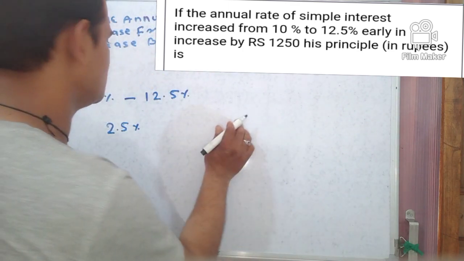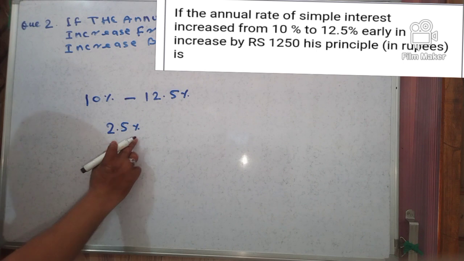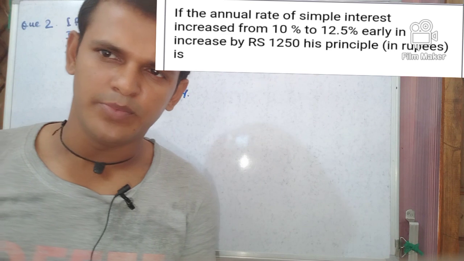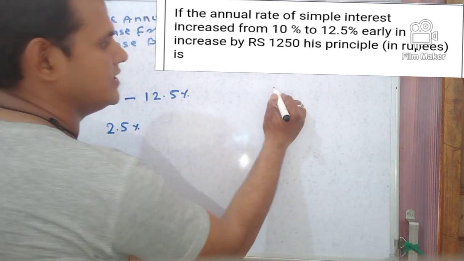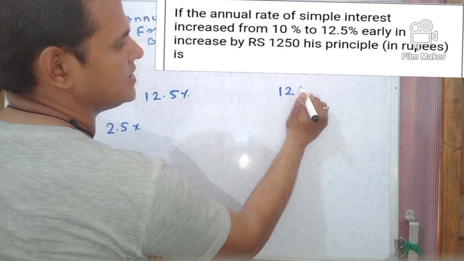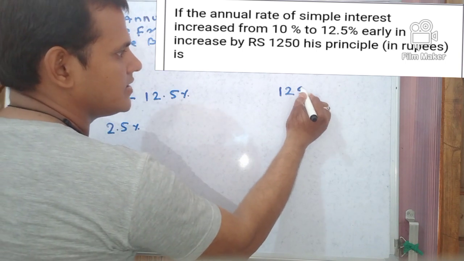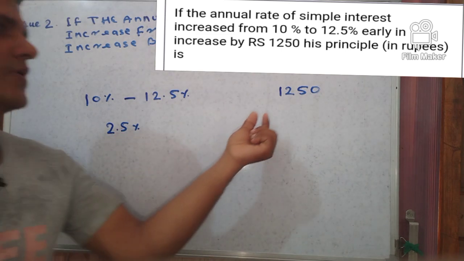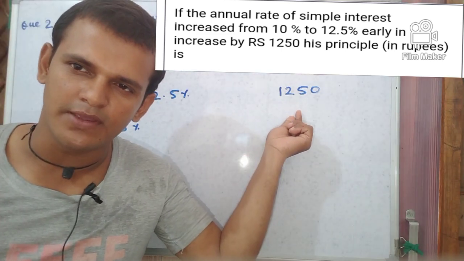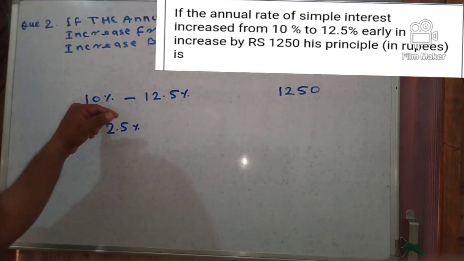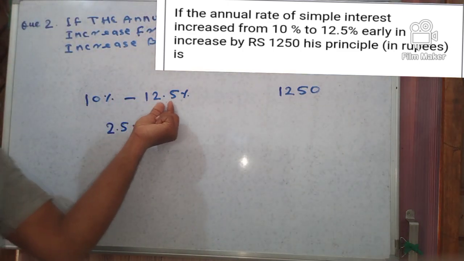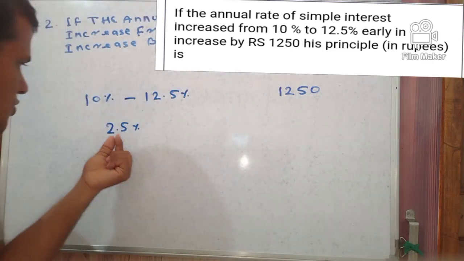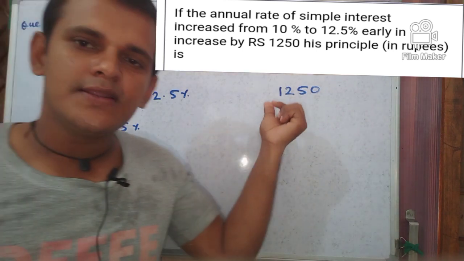Increase in rupees is 1250, increase in percent is 2.5%, right? So we can say 2.5% equals 1250. Am I right? See here, increase 10% to 12.5% means 2.5% is the increase, and 2.5% represents in amount